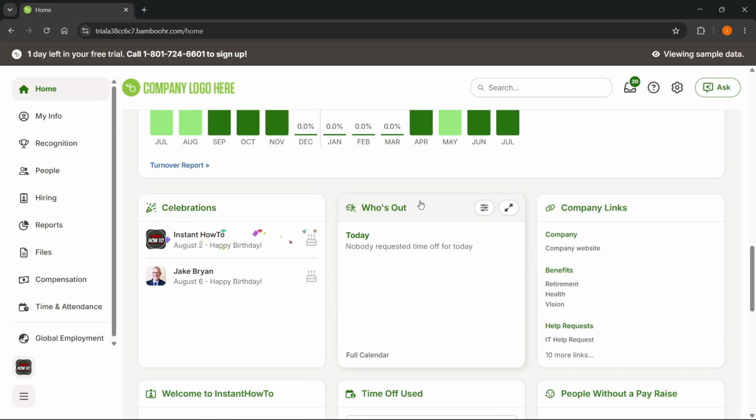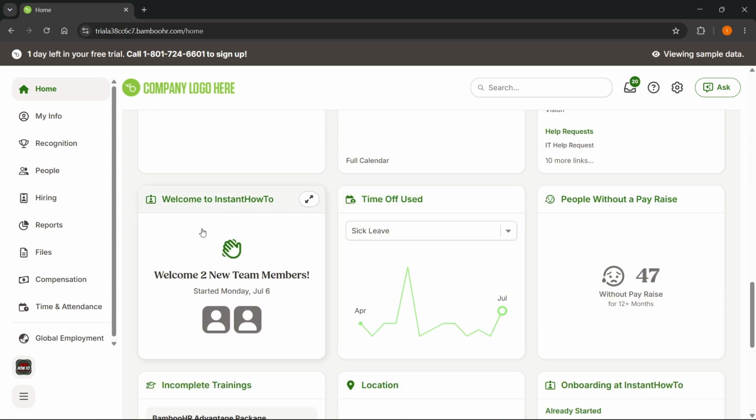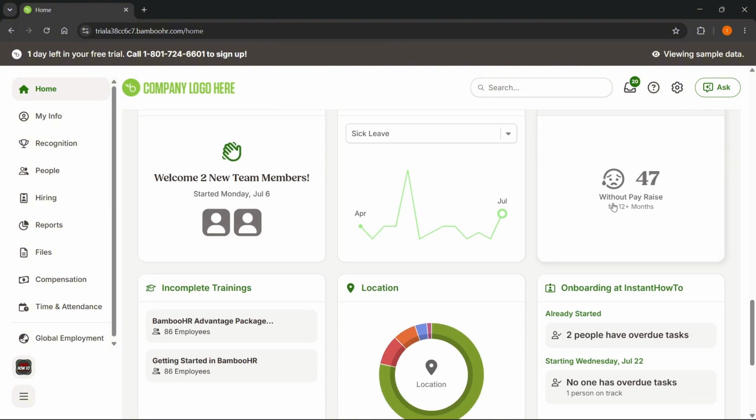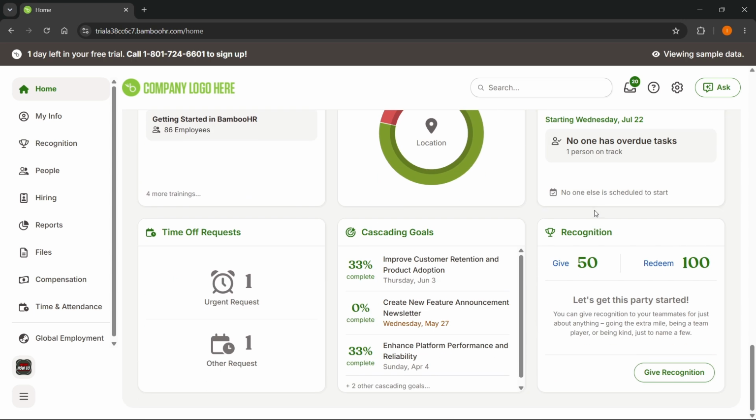So here's some quick reports, and then you can see celebrations such as birthdays over here, and you can see who's out for the day. You can see the company links, and then of course here it's going to basically welcome you and the new members. You can see the used time off, people without a pay raise over here, and then incomplete trainings, locations, etc. So there's a bunch of different widgets which you can go through and kind of see the overview of